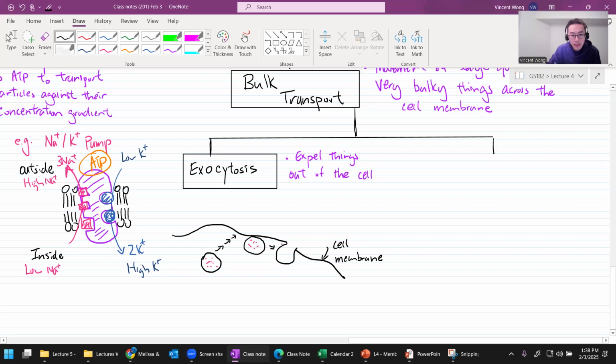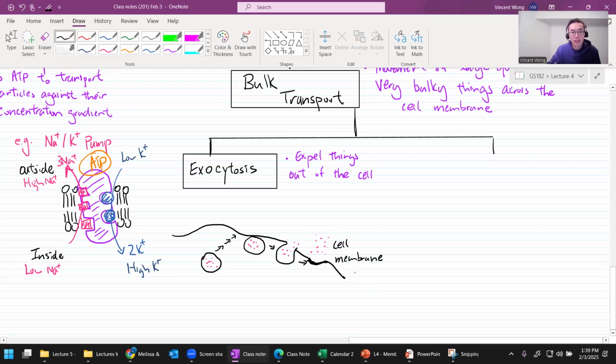I just follow the animation here, really low-tech animation. And these things will start to come out. And eventually the vesicle will become part of the cell membrane,